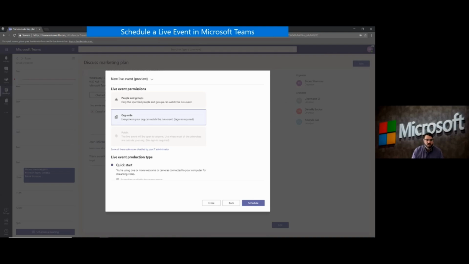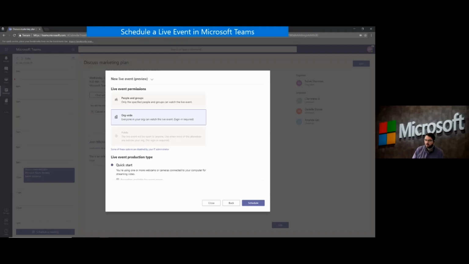And you'll notice here under the quick start, you have the capability, and I encourage you to go and play with this. If you did get into labs, it's in one of the labs, and you'll get to walk through this. But the best part is that with a live event, if you have Teams, you can schedule and do all of this as long as it's been enabled for you by your admin. The other piece is that you will be able to choose those settings. Do I want the recording? Do I want Q&A?